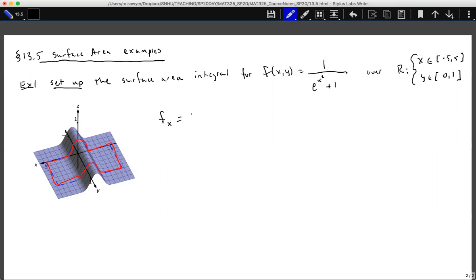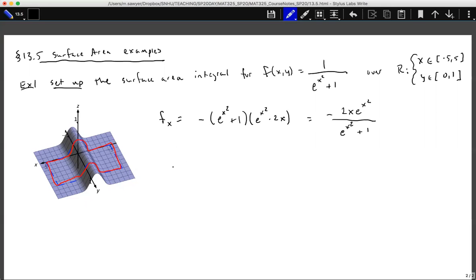So f sub x, when we do our derivation here, if we rewrite our function with a power rule, you can see this is -(e to the x squared plus 1) to the -2, times the quantity e to the x squared times 2x using our chain rule, which looks like -2x e to the x squared divided by (e to the x squared